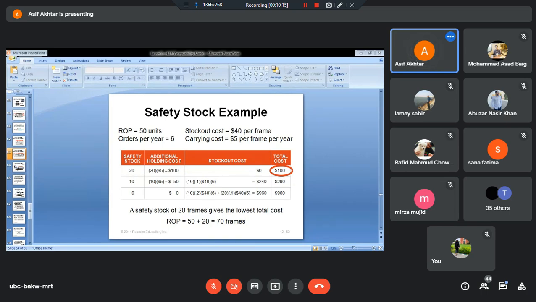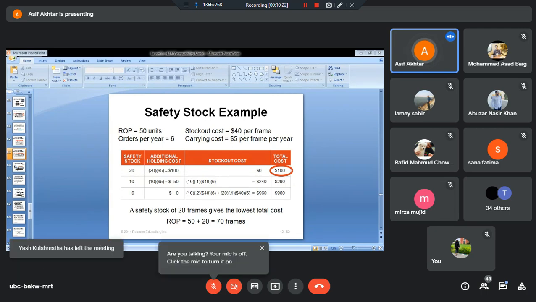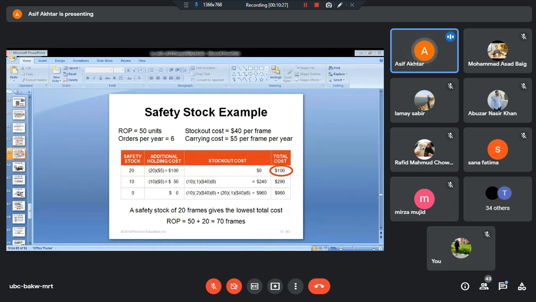Reorder point, conventionally or ideally, is small d into capital L, but we know the factual situation is that there is some uncertainty. That uncertainty can be reduced by adding safety stock. In this question, the safety stock we have taken as 20, so the final ROP is coming out to be 70. But as I've already discussed, the entire discussion here revolves around the safety stock. ये सेफ्टी स्टॉक क्या होता है, कैसे कैलकुलेट होता है, ये एक इंपॉर्टेंट डिस्कशन है जो आपके साथ अभी करना है.